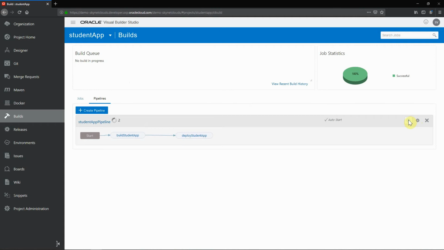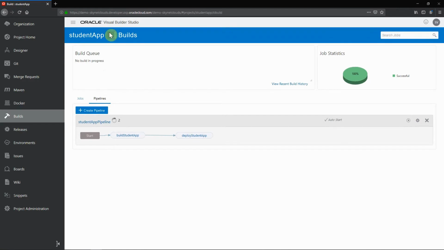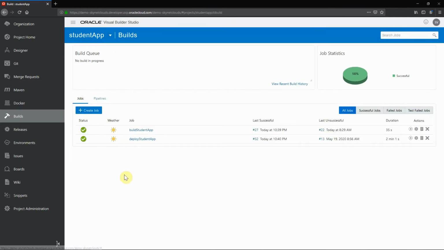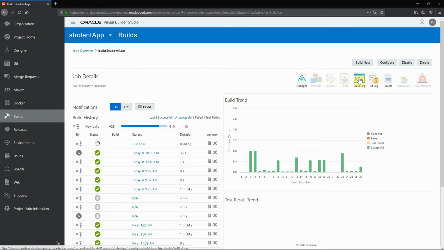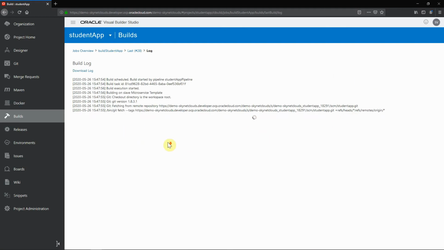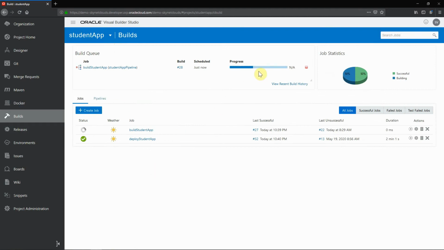Now I'm going to trigger a build. This is the button. You can also do some kind of automated build. You can see it's submitted, and when you look in the job section, you can see the job is given to the worker, which I have shown before. By clicking here on build log, you can see the build has started, and you can see the logs over here. So this is in progress.